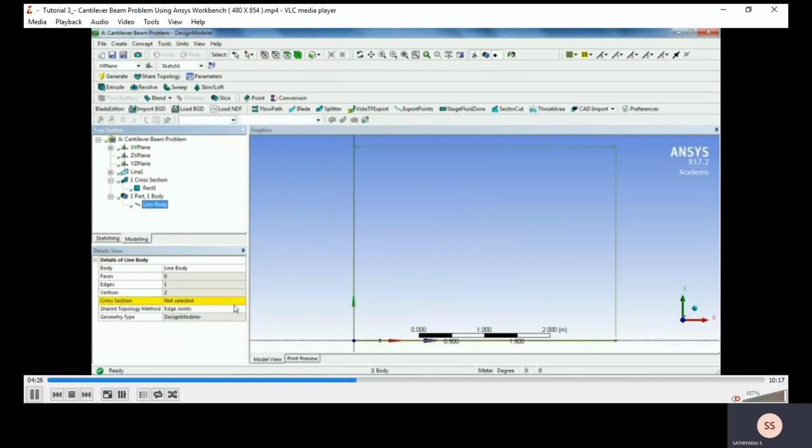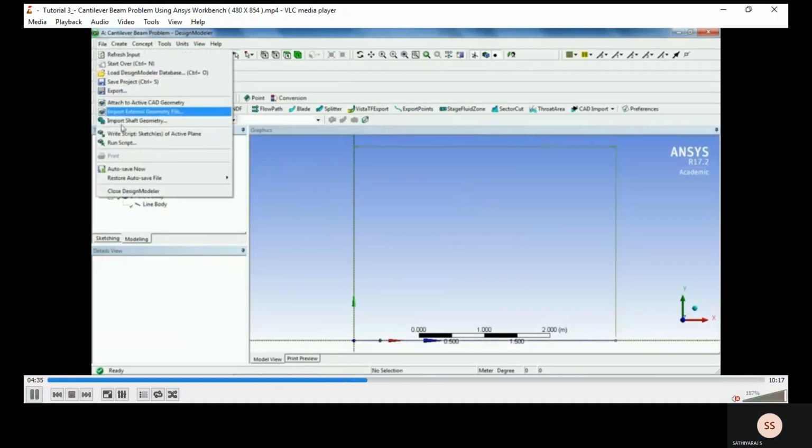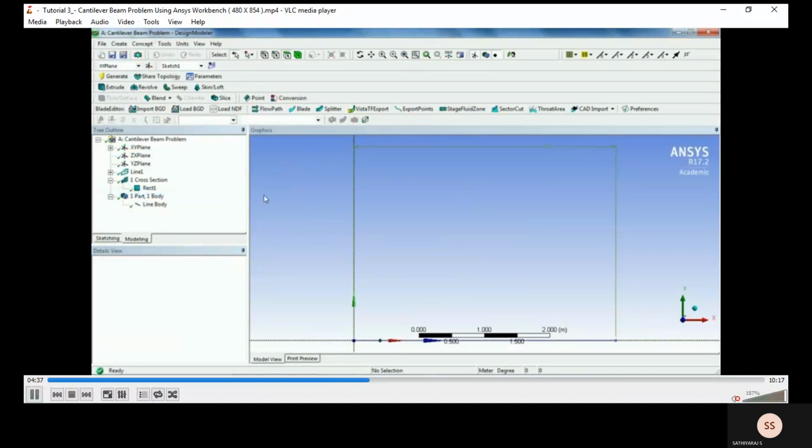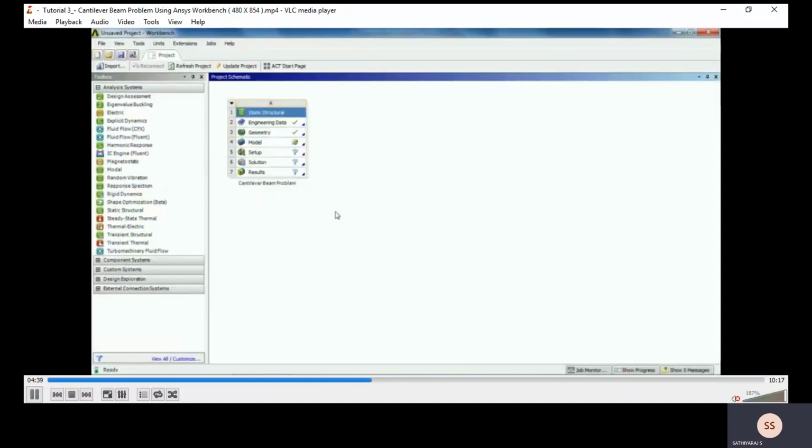Now we can select the line body, and then select the sketching option, go to modeling, and close the window. Next move to step number 3, modeling.